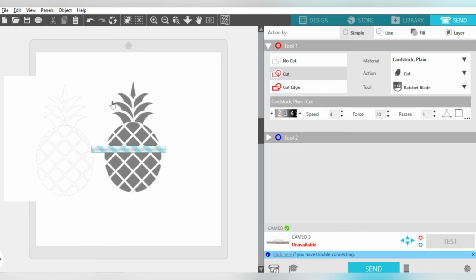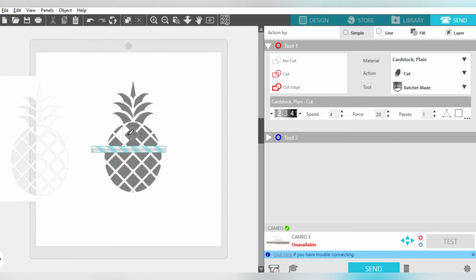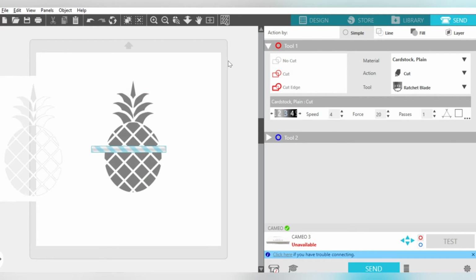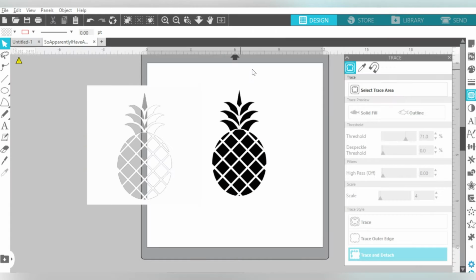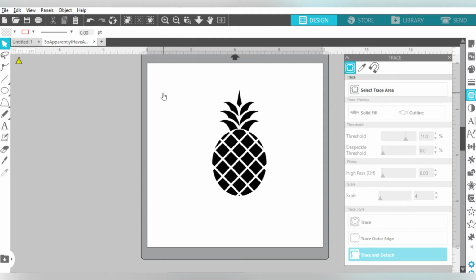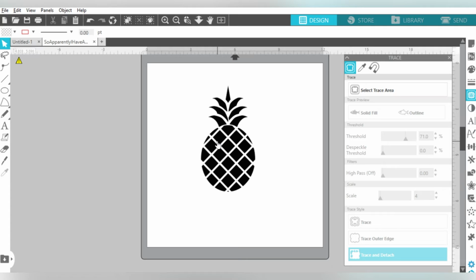But what we actually have is it has separated the back of the pineapple from the actual pineapple itself. Okay, so in terms of that, we would simply group these together and we could delete the background. And basically we would be left with the pineapple as we intended. But this is most useful when you are doing a print and cut image, because there's really no reason for